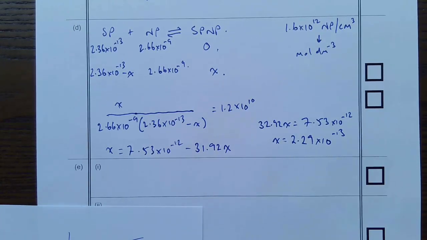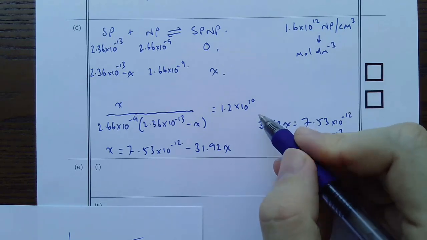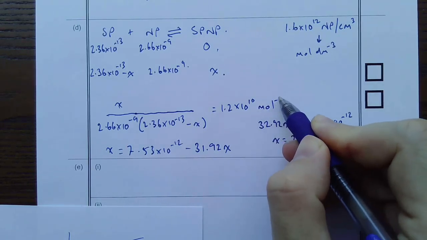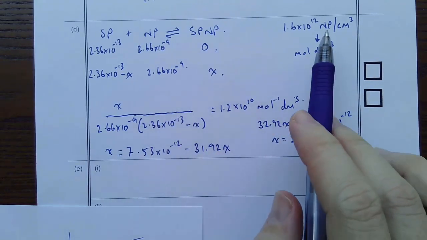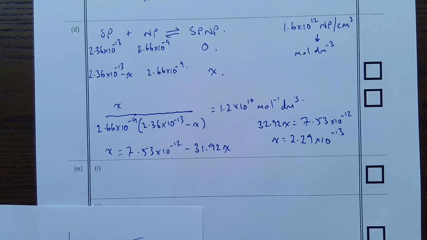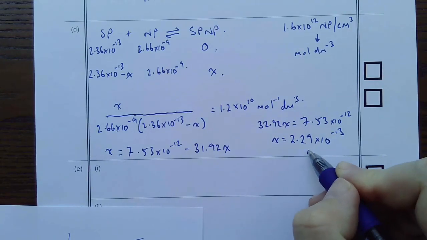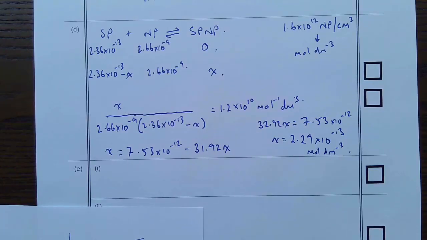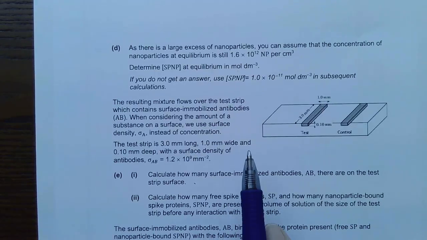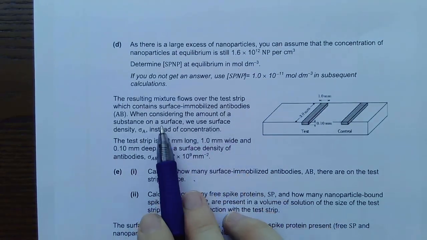Okay, and that all makes sense because this was given as moles per decimeter cubed, and I had everything in moles per decimeter cubed, so this comes out as moles per decimeter cubed. Fine, no problems there. All right, then the resulting mixture flows over the test strip, which